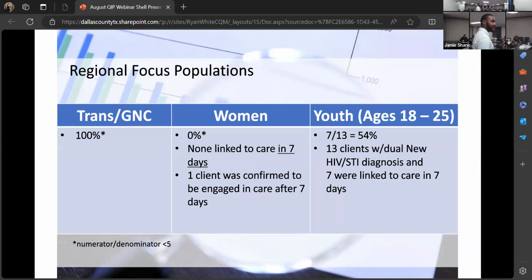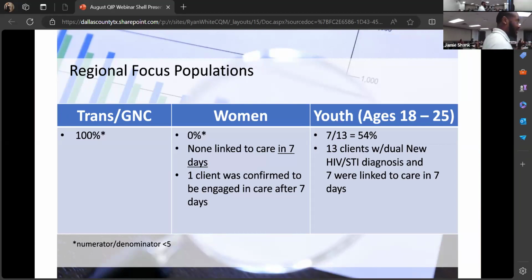Tomorrow we'll be discussing more with the Ryan White side about our QIP project, but we did want to share some data real quick with our regional focus populations. As Dale mentioned earlier, the three focus populations for all 9 of our subrecipients are youth aged 18 to 25, women, and trans/gender nonconforming. So during Q1, which the submission was June 15th, between March and May, we were able